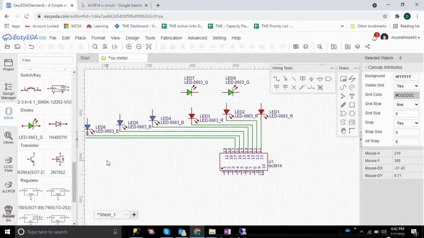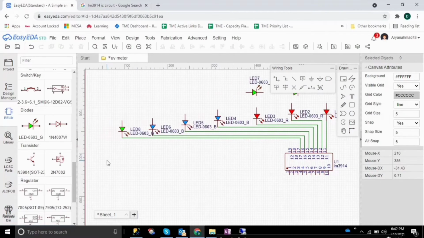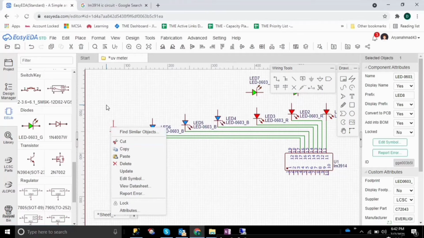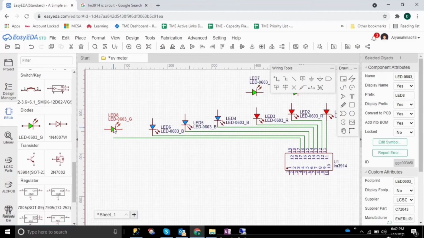Then see, I arrange the LEDs the proper way. Now make sure when designing and placing the circuit that the tracks are not shorted together, otherwise your circuit will not work. Minor space is required between these tracks. Not too much space, but if you make a high voltage circuit, you need more.